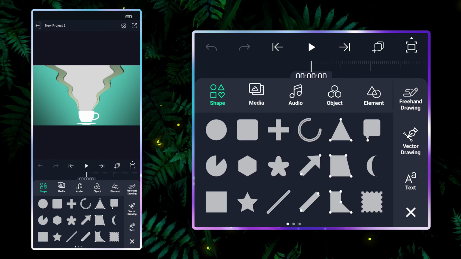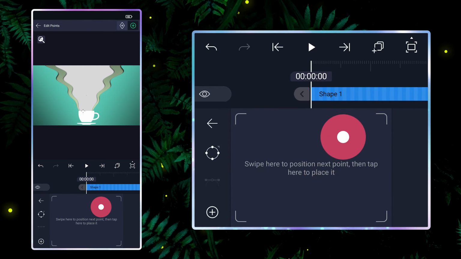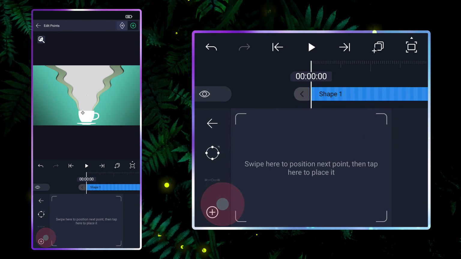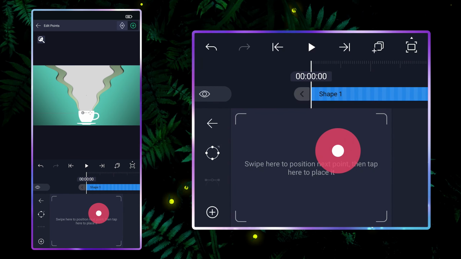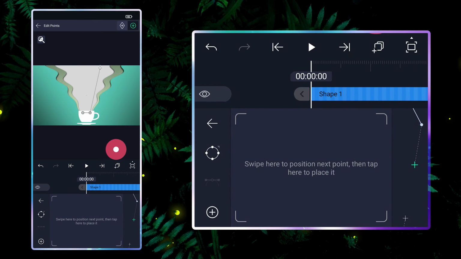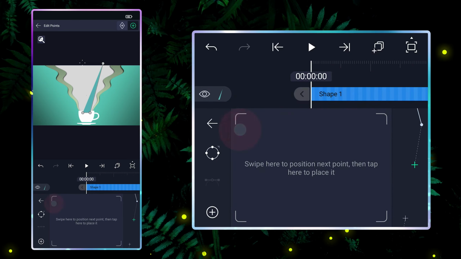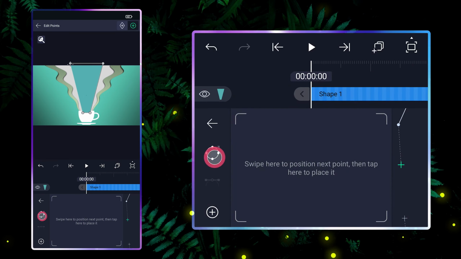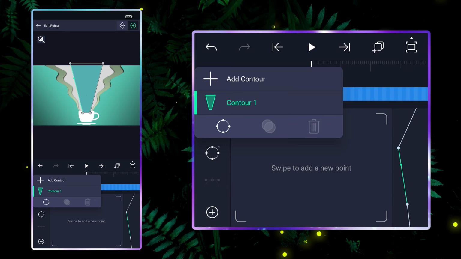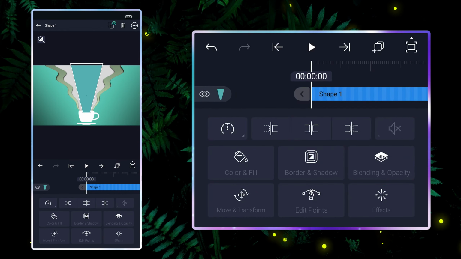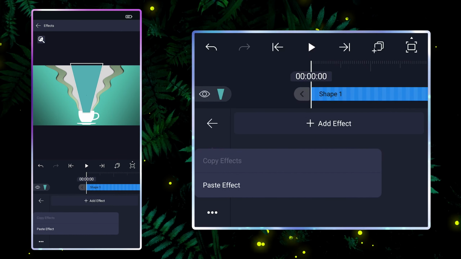Draw another shape as previous, but narrower. Paste the wave warp effect.